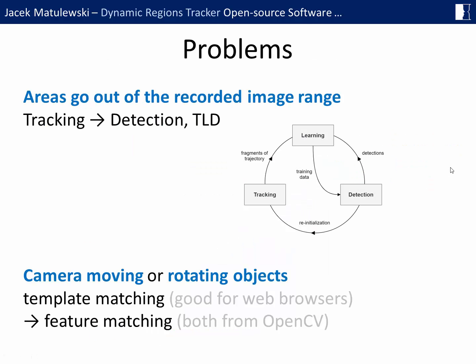It is worth mentioning two common problems of object tracking that are addressed by implemented object tracking algorithms: the disappearance of the object from the camera field of view and the rotation of the object in relation to the camera, the last due to the movement of the object itself or the movement of the camera associated with the participant of the study. In the first case, that is object disappearance, one needs to turn on the object detection algorithm